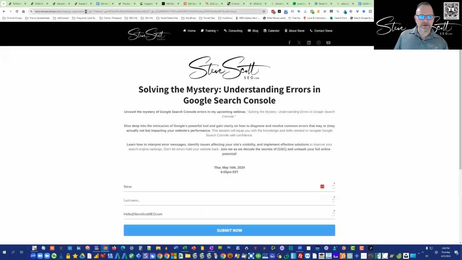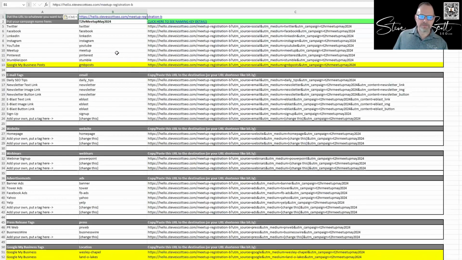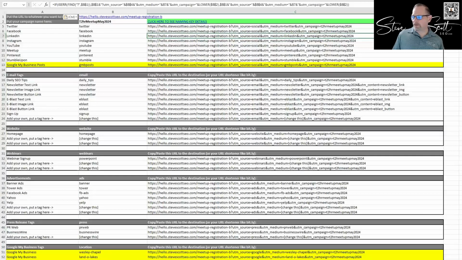I even go to this page and register today. And I'll even send them to this right here, right? I'm going to grab this URL, get all the other junk I've got in there. I'm going to put that URL in here, right? And what happens is this tool automatically creates all of those UTM parameters, right? And it makes everything lowercase in case you have upper and lower, so everything's consistent. If the URL already had a question mark in it, it accounts for that, whether or not it did. And what it does now is it creates an individual URL for each thing, right?